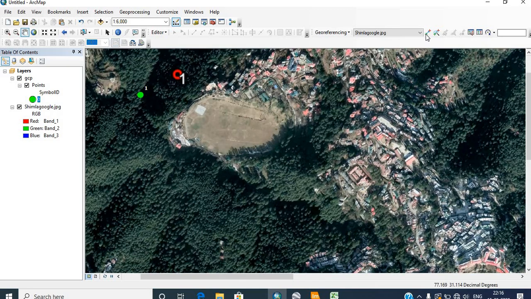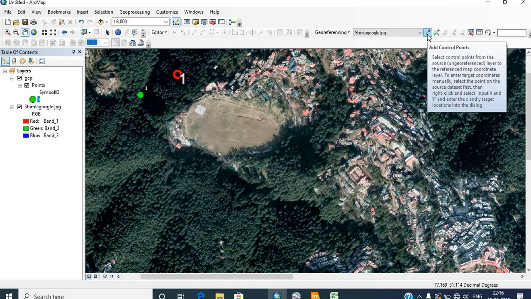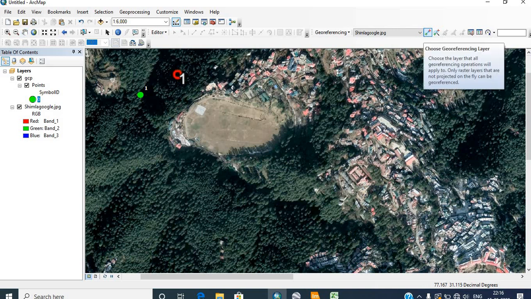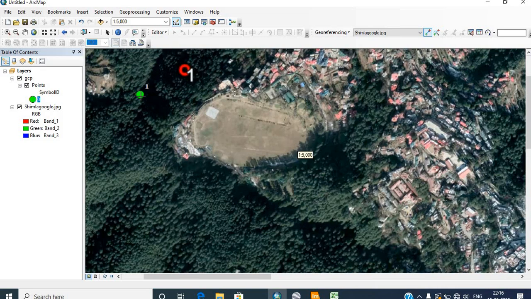Fix it, and taking this add control points, we have to start from unknown to the known and add the points.